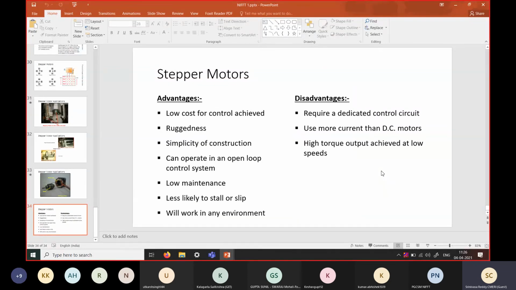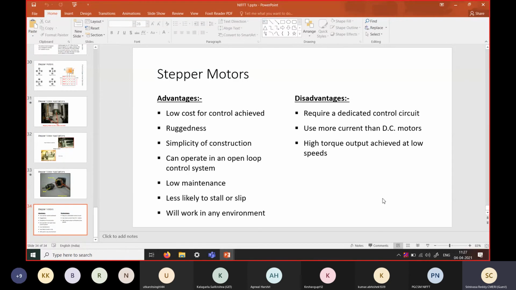Here the advantages and disadvantages are listed. The advantage is that it is a low cost device for controlling this kind of motion. Otherwise, if you want to achieve the same motion through a normal DC motor, then we need a dedicated controller, and too much computational power is required. But here, due to the construction of the motor itself, we can very easily achieve the